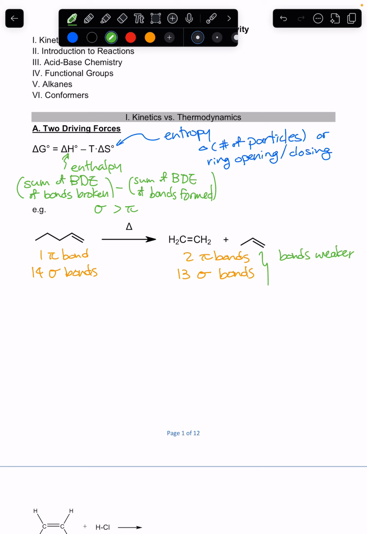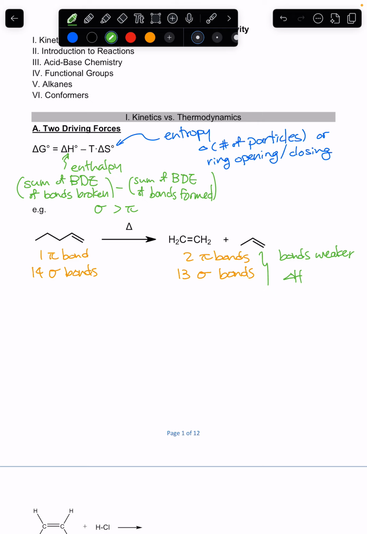Hope that makes sense, because basically what you did is you traded one of the sigma bonds for a pi bond, enthalpically speaking. So delta H, hopefully you can guess the sign of it. That's one thing I want you to be able to do, is can you predict the sign of delta H and delta S for each given reaction? Not the actual value, but the sign of it. Is it positive or negative or about 0?